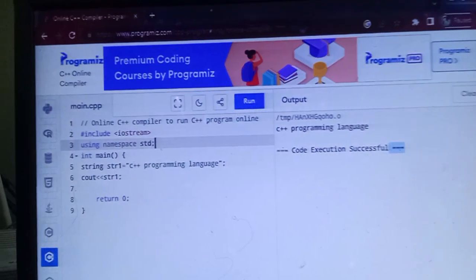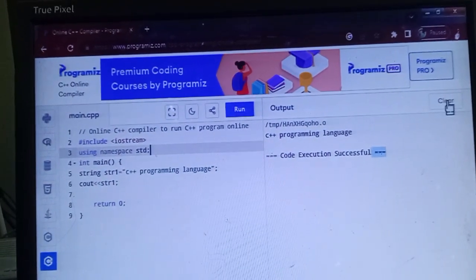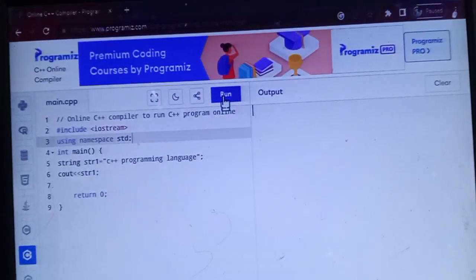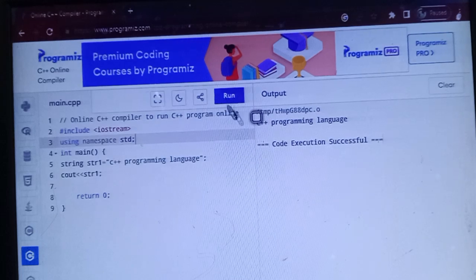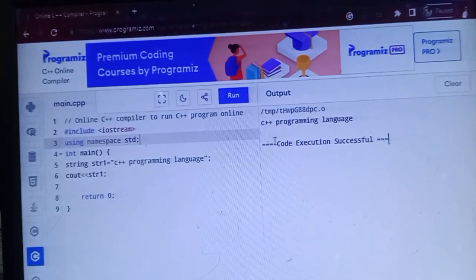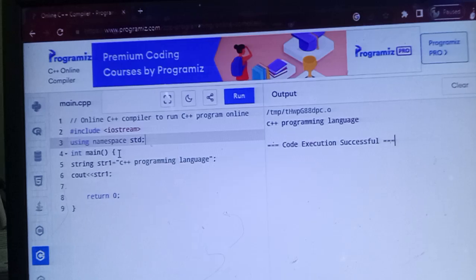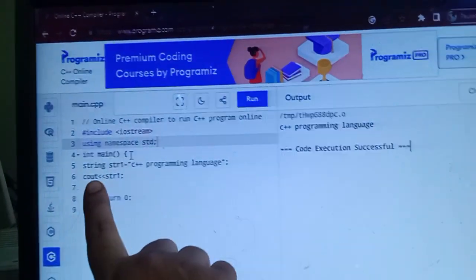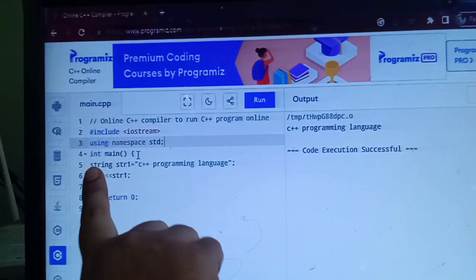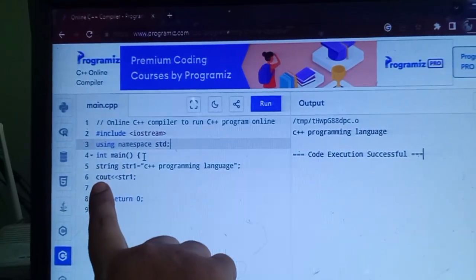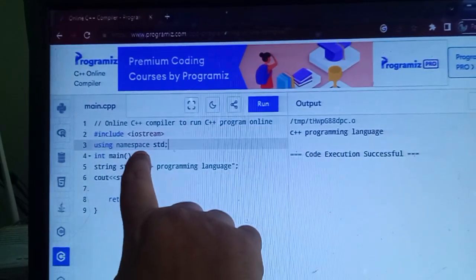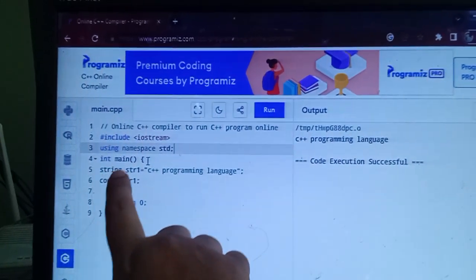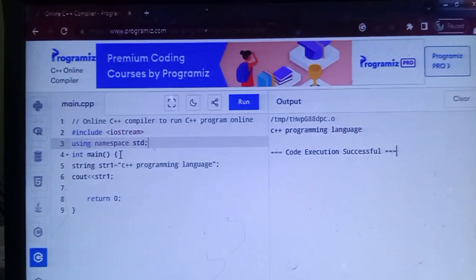Now clear the screen again and click on run. Yes, now also you got the output properly. Understood? Here we specified using namespace std, then you no need to use the std scope resolution operator. If you do not specify this statement, you must specify std scope resolution operator for these two. Okay. Understood?